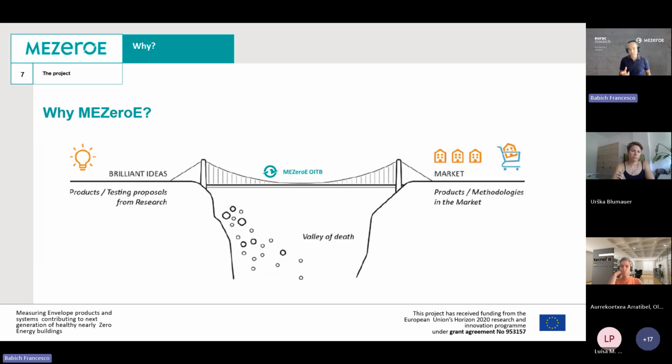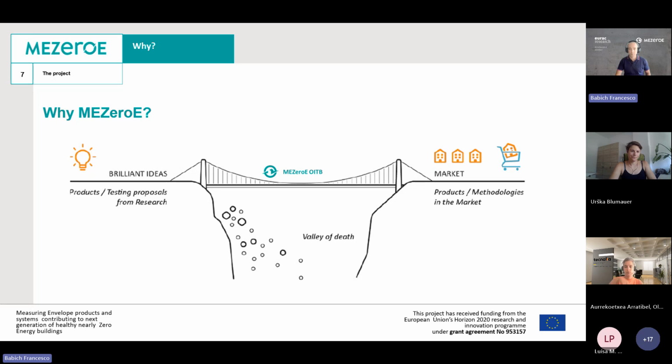And why we thought, and also the Commission that funded this project thought it was relevant, is because, as probably most of you know, innovation in the construction sector is traditionally slow, and there are plenty of good ideas. So on the left-hand side of the picture, they fall into what we call the valley of death, instead of reaching the market. The idea of HG is building the bridge that will enable these ideas to develop and then